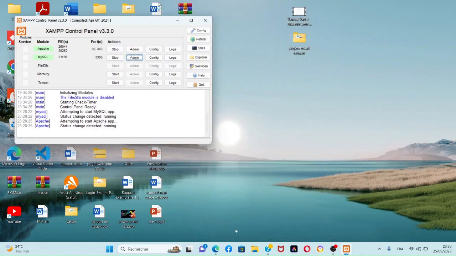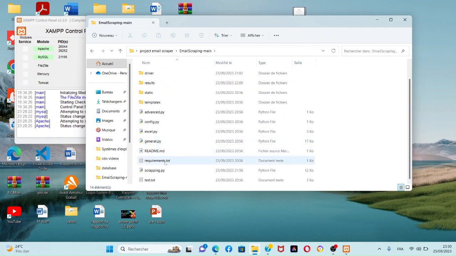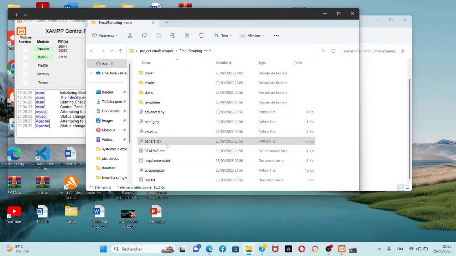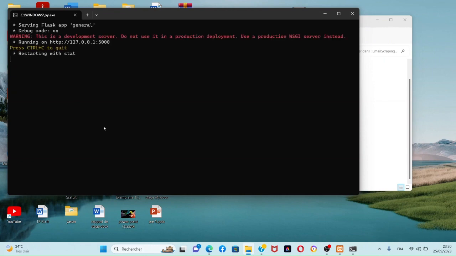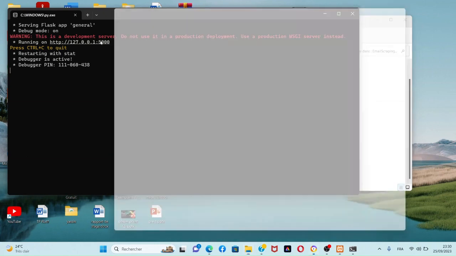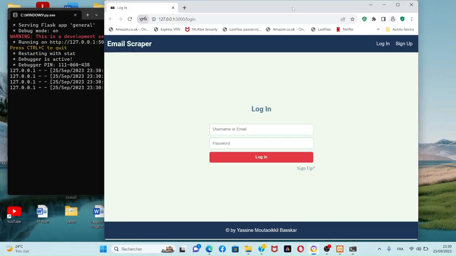After this, go to the main folder and click on general.py and it will give you a local link copy. Copy the link and paste it in your browser. If you have done everything correct, you should be facing a login page. Sign up to see the website,